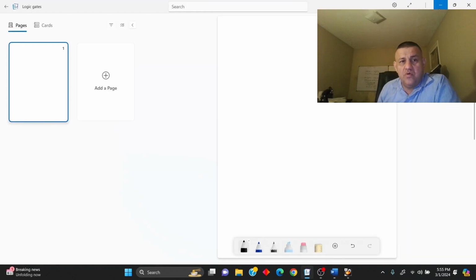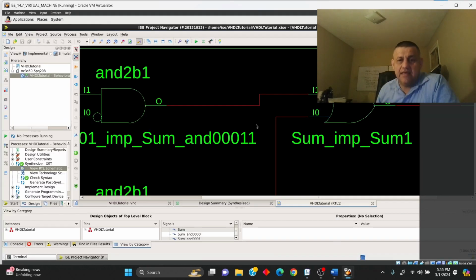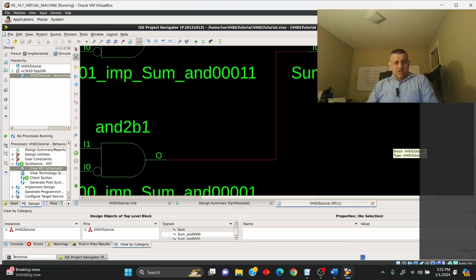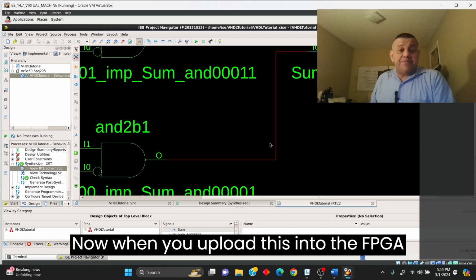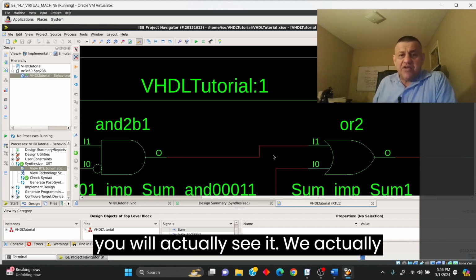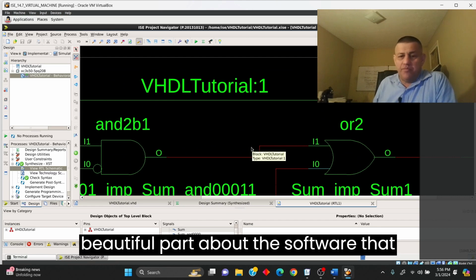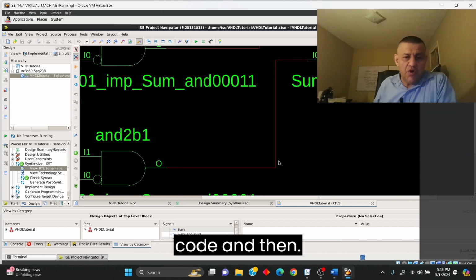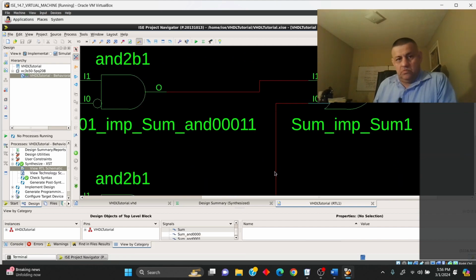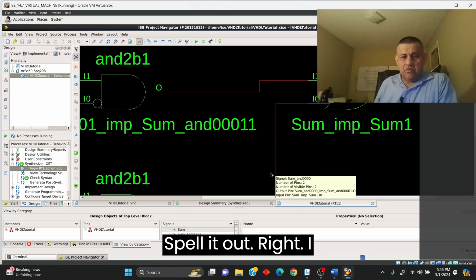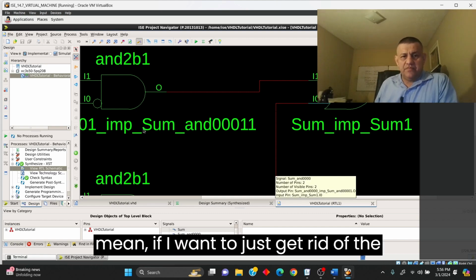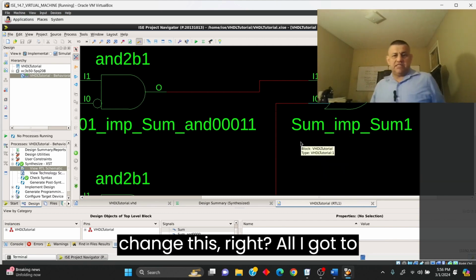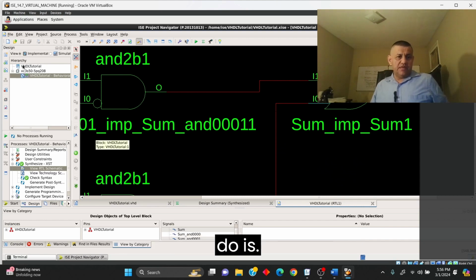So, with that being said, this is beautiful, right? Now when you upload this into the FPGA, you actually see it. This is the beautiful part about the software, that you are able to write the code and then actually spell it out, right? If I want to change this, all I gotta do is